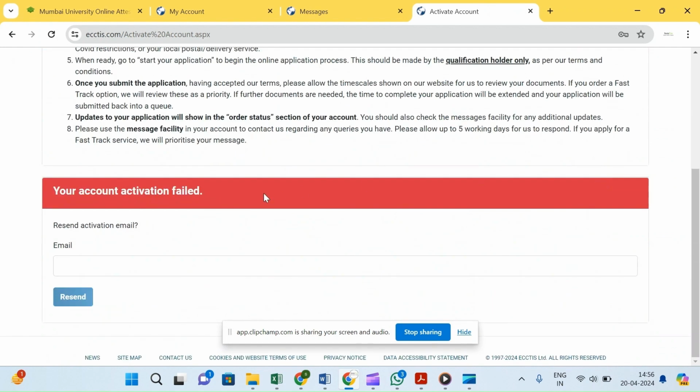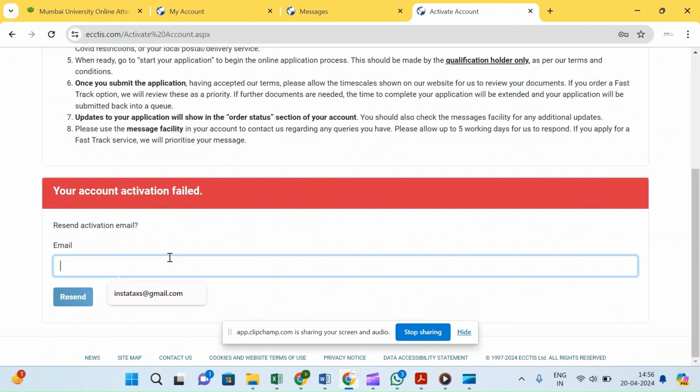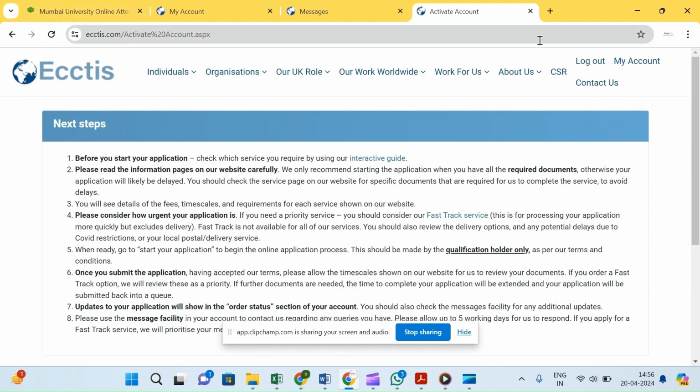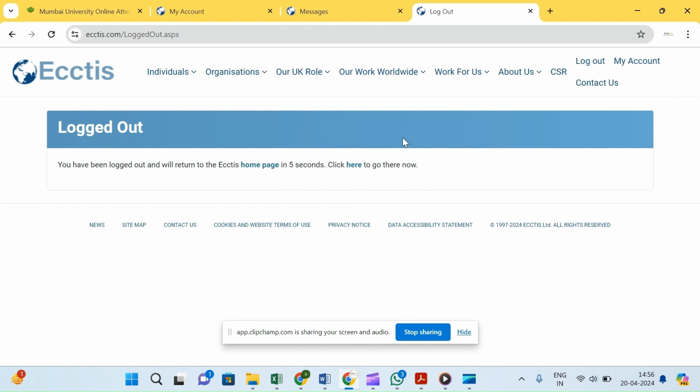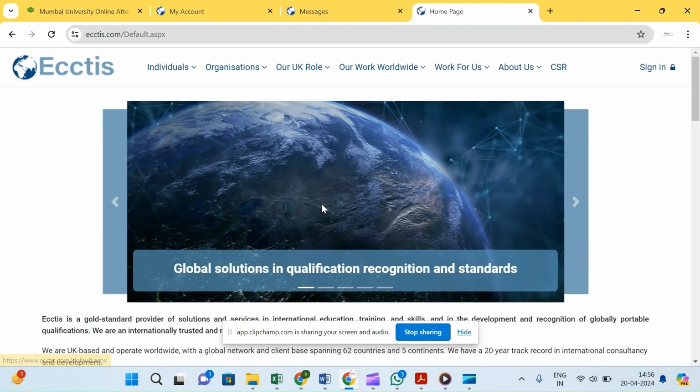They are asking for verification of the account activation, so I'm just going to activate my account. I have activated it, so now I'm logging in again. Oh, something went wrong. Sign in.